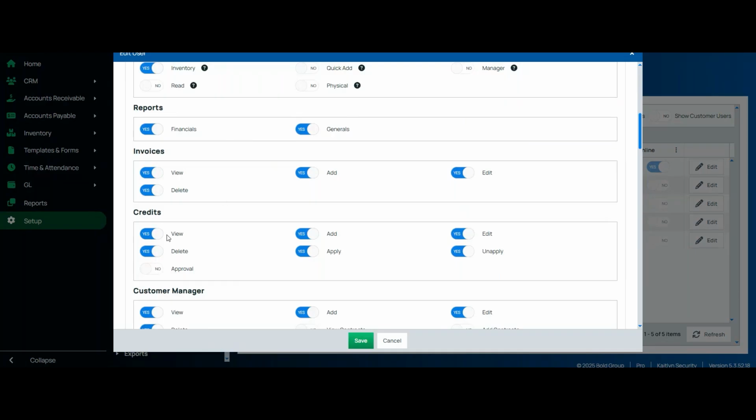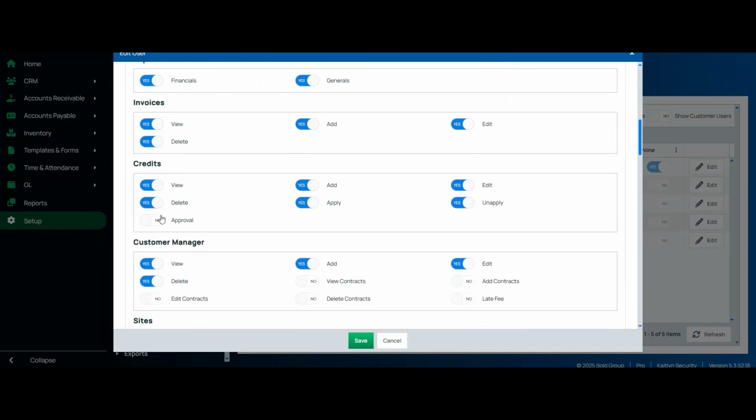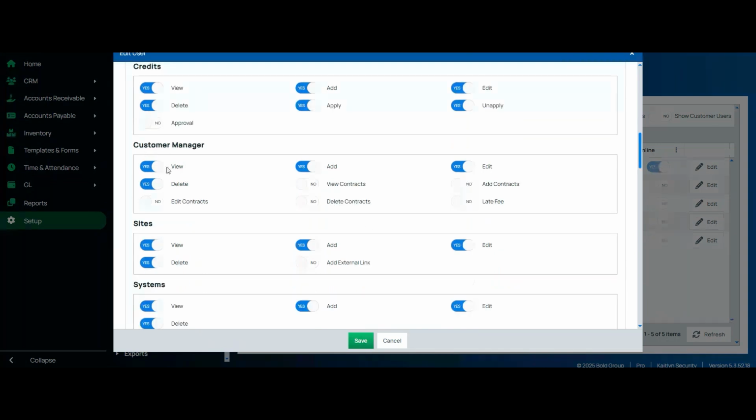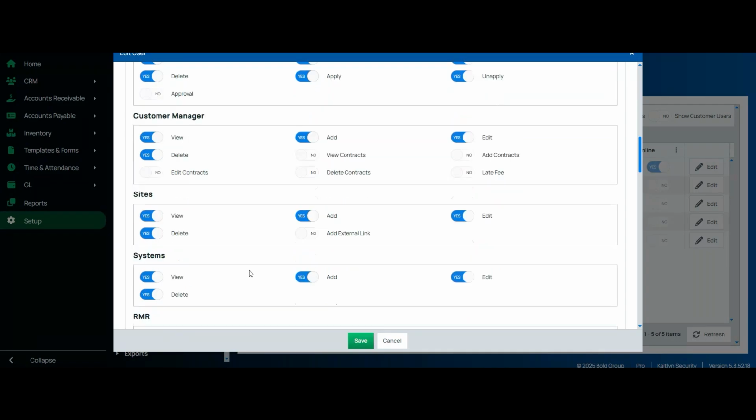Invoices, credits, pretty standard view. Can they add one? Can they edit one? Can they delete one? View, add, edit, delete. Credit memos, can they apply or unapply? And that is where a credit memo would have to be approved by a manager before it's applied to an invoice. All right. We have the customer here, view, add, edit, delete, contracts, late fees, if late fees can be added,